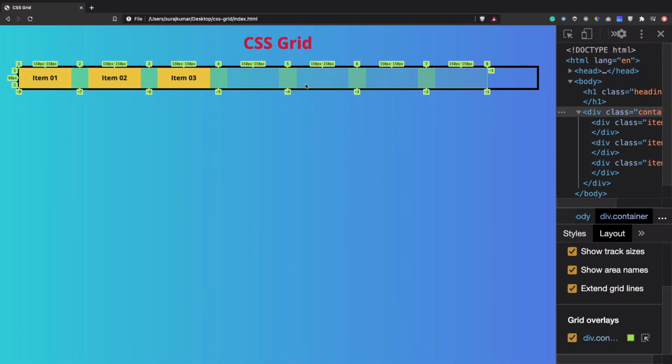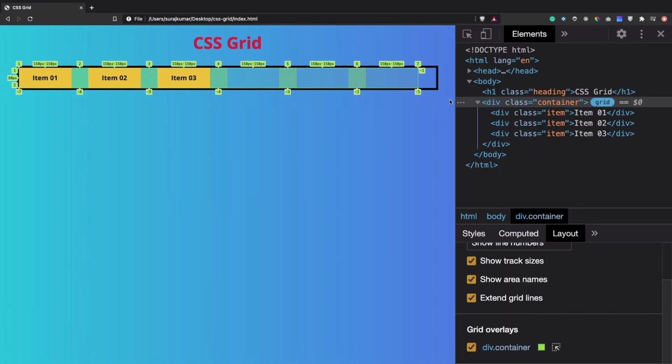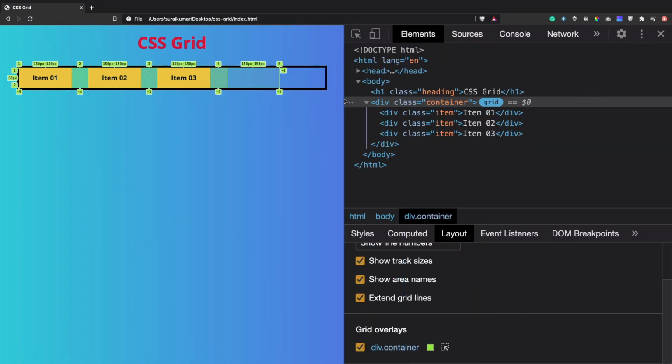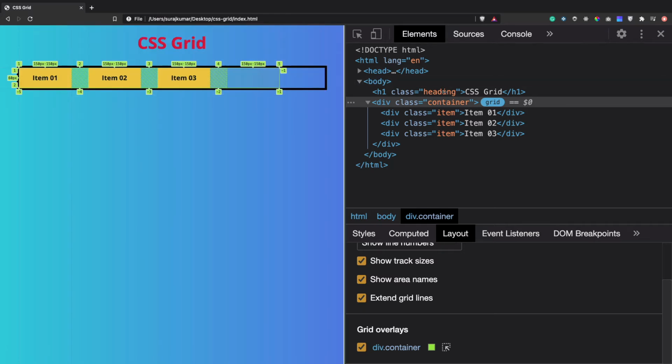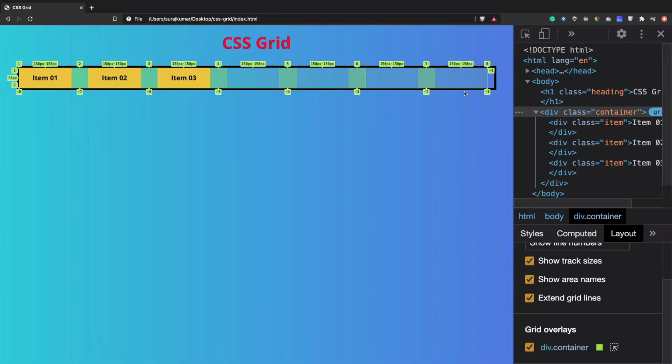With autofill, whatever the number of columns can be generated inside the container, that number of columns are generated, although they are empty. Actually we are having just 3 items, so we are getting those 3 items inside the columns, but the rest of the columns are empty because we don't have many items. That is with the autofill. Please keep this in mind.